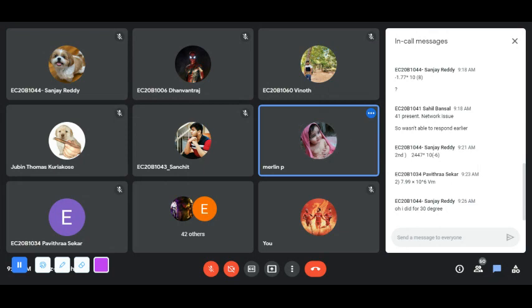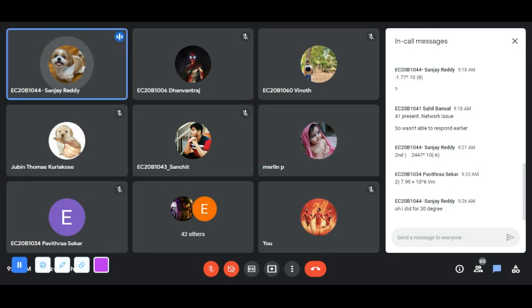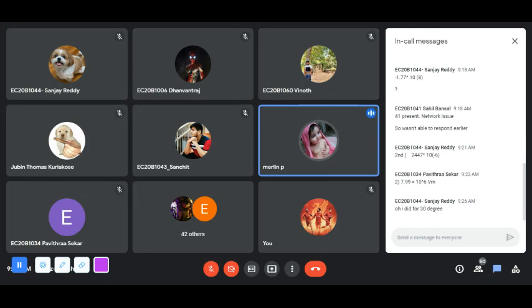What you're asking? If the electric field is perpendicular to the disk, then we'll take 90 minus 30, ma'am. But if the electric field is through the disk, then we'll take 30 degrees only, right? 30 degrees only you should write. But you have to do 90 degree minus theta.